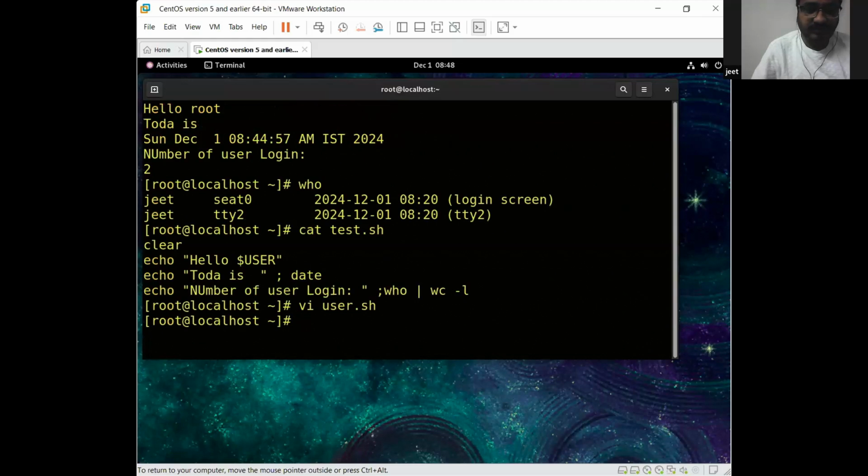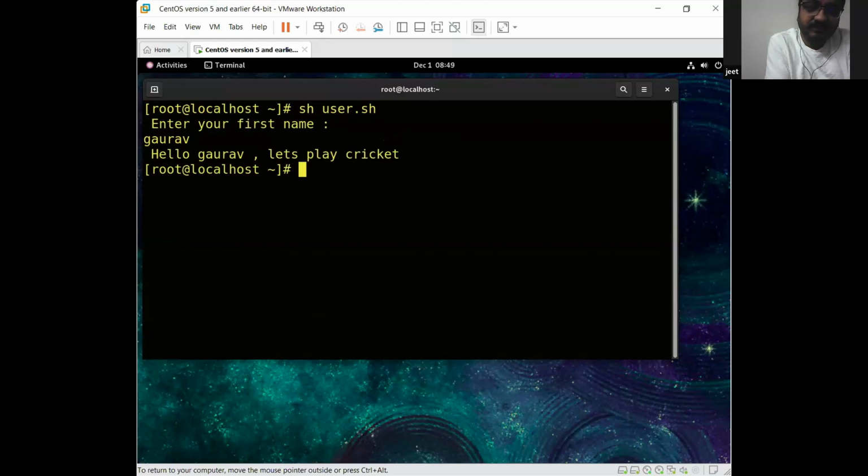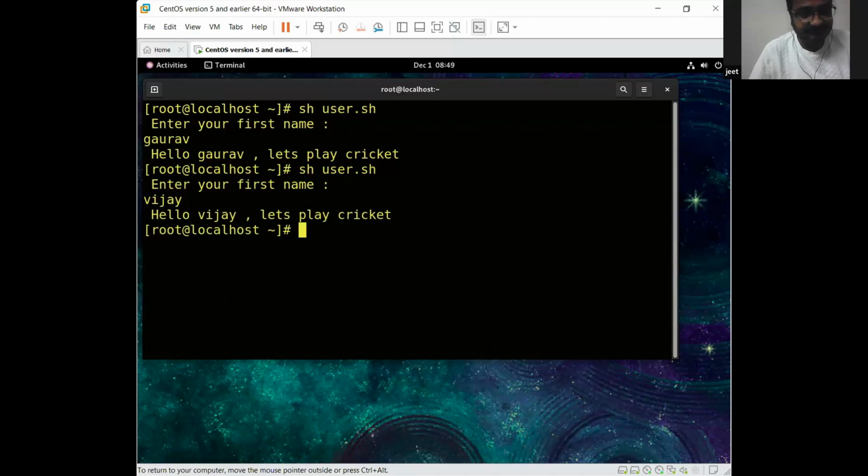जब मैंने लिखा यहाँ पर sh, क्लियर कर दिया। यहाँ मैंने लिखा sh, फाइल का नाम क्या था, user.sh, एंटर किया। ये क्या कह रहा है, एंटर योर फर्स्ट नेम। मुझे अपना फर्स्ट नेम एंटर करना है। तो सपोज मैंने एंटर किया गौरव, ठीक है। और जैसे ही गौरव लिख के एंटर प्रेस करो, देखो क्या है, हेलो गौरव लेट्स प्ले क्रिकेट। जो भी आप इनपुट करोगे ना, यहाँ पे आएगा, ठीक है। यहाँ मैंने किया विजय, देखो कह रहा है हेलो विजय लेट्स प्ले क्रिकेट। समझ गए।